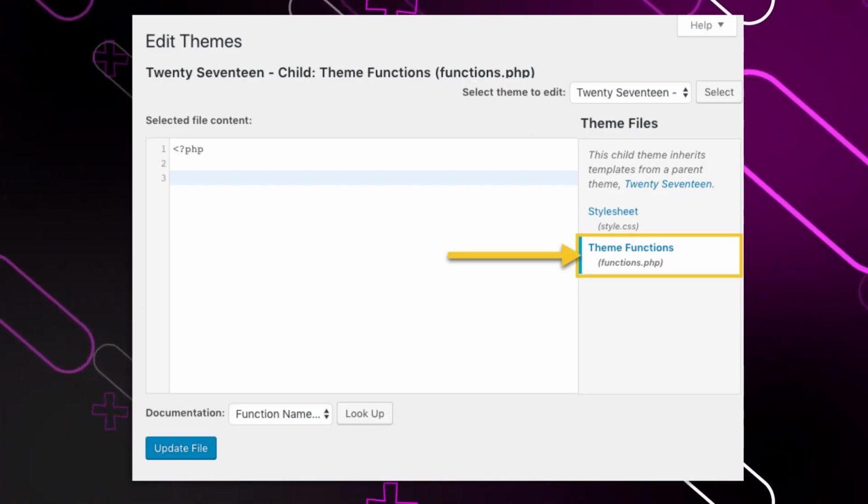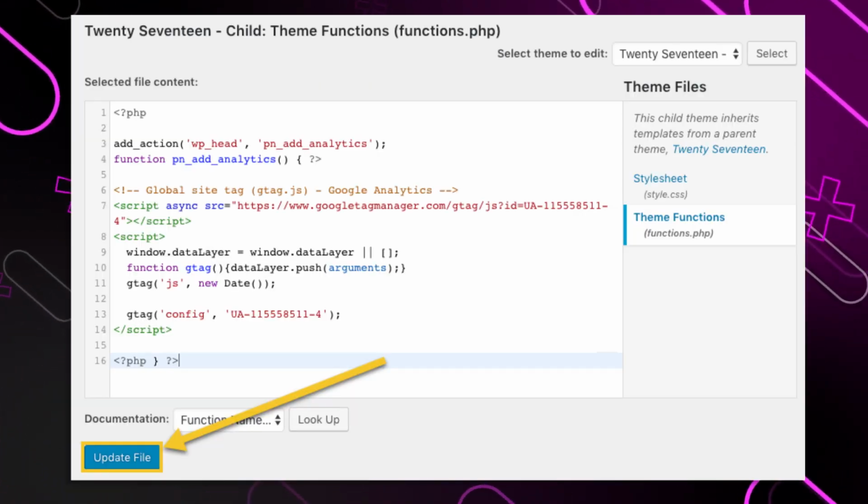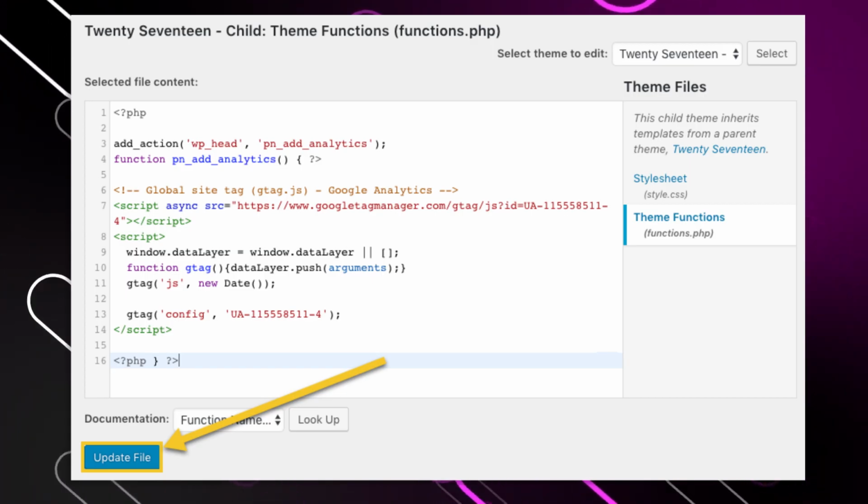Open your website in a new browser tab, then return to Google Analytics and check real-time to see whether your